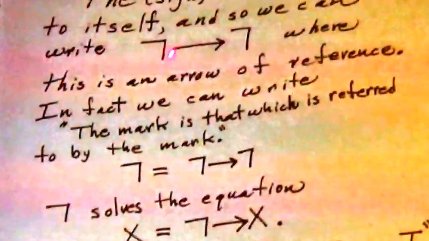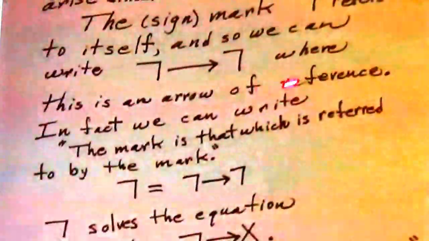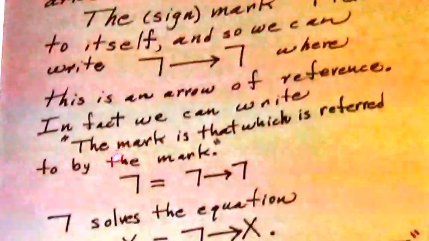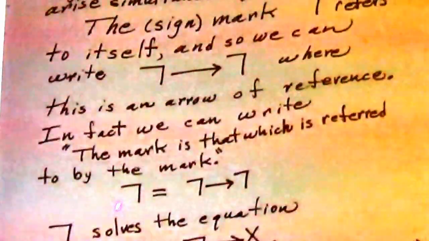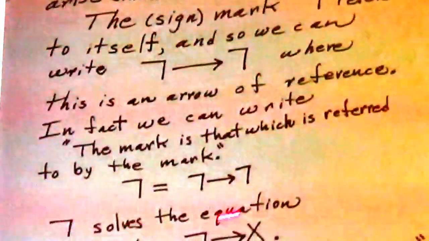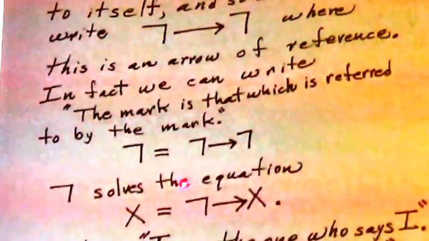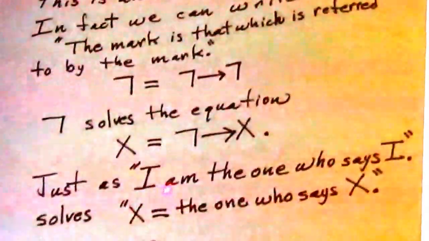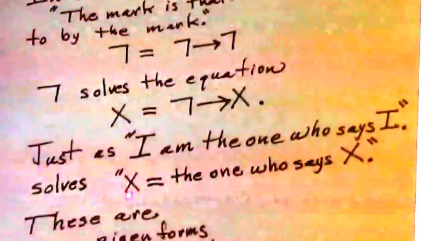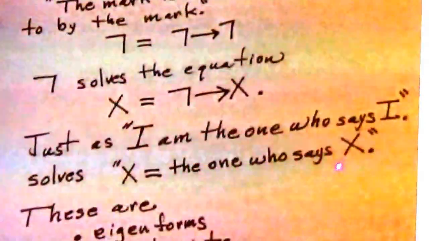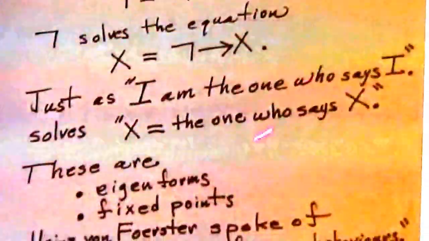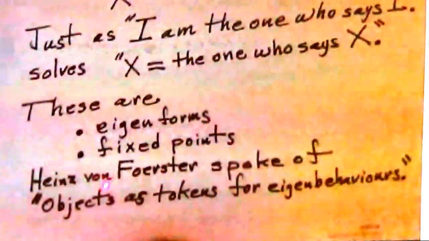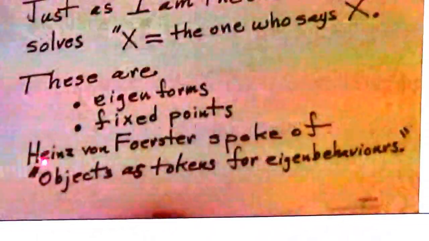And so we could write mark, arrow, mark, where this is an arrow of reference. In fact, we can write the mark is that which is referred to by the mark. That is to say, the mark solves the equation x is equal to what is referred to by the mark. Just as I can say, I am the one who says I, which solves x is equal to the one who says x. These fixed points are eigenforms,